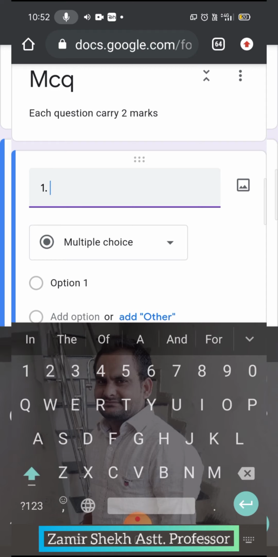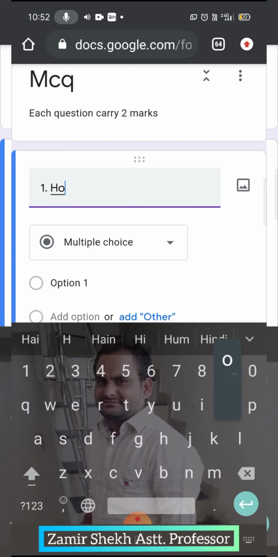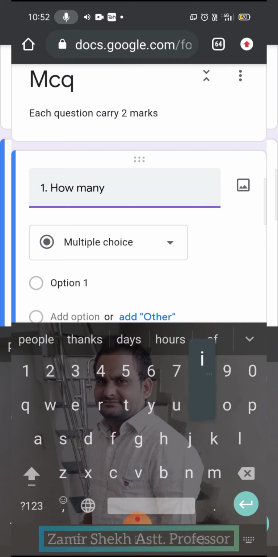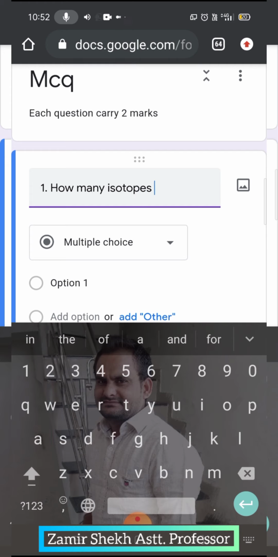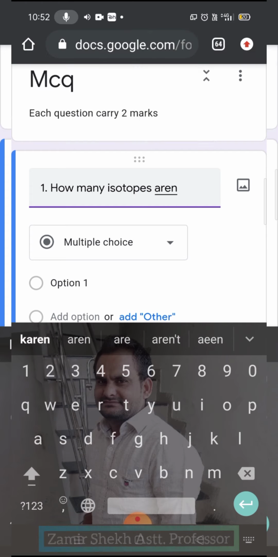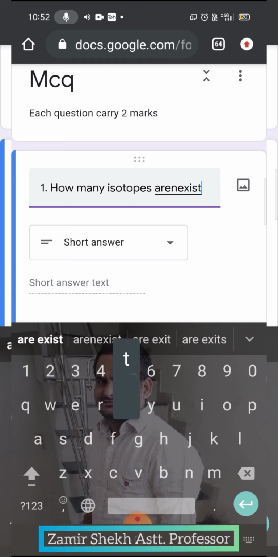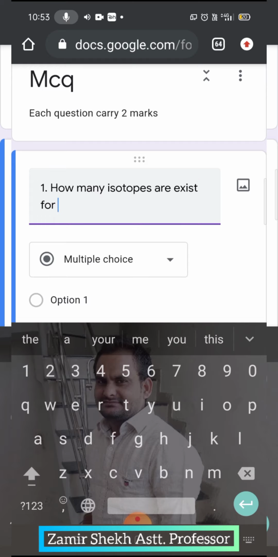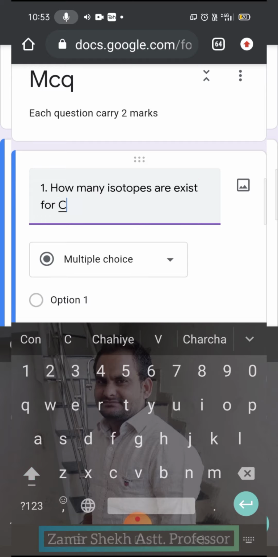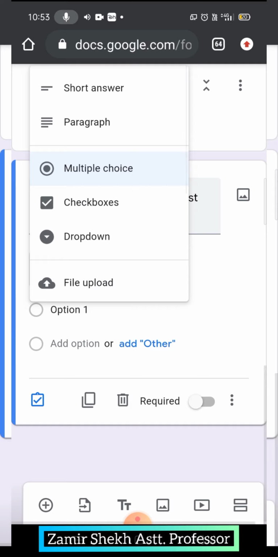I will just write a simple question here: how many isotopes exist for carbon? Then you can add the options.